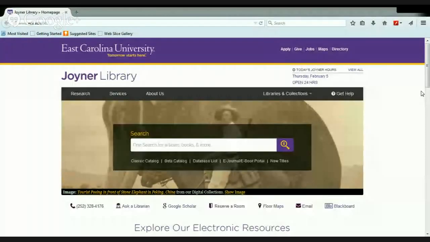So I'm going to switch to screen share and let you see my desktop, and we're going to go to the Joyner Library homepage, so you won't be seeing my face after this, but you will hear my voice. All right, let's go to the Joyner Library homepage. See if we can bring that up. There we go. Joyner Library homepage at